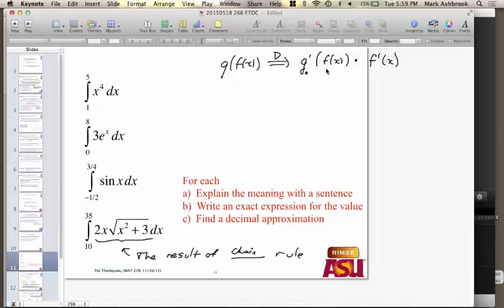So we're looking at this problem like it's this, and we're going to try to recover the original function, g of f of x. So if we're trying to recover the original function, are we going to focus on number 1, or number 2? Which one of these looks like what we're trying to get? First one, for sure, right? So if we can just figure out which is this part,